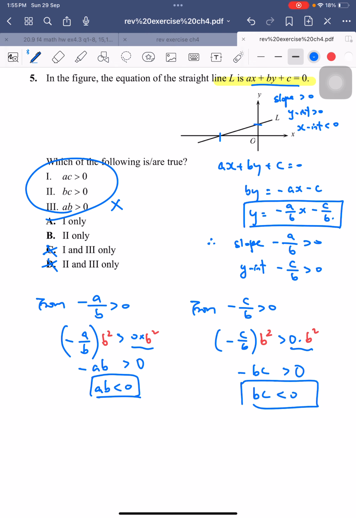So if bc is smaller than 0, which means that the second one is wrong. So the answer must be the first one is true. So the answer should be